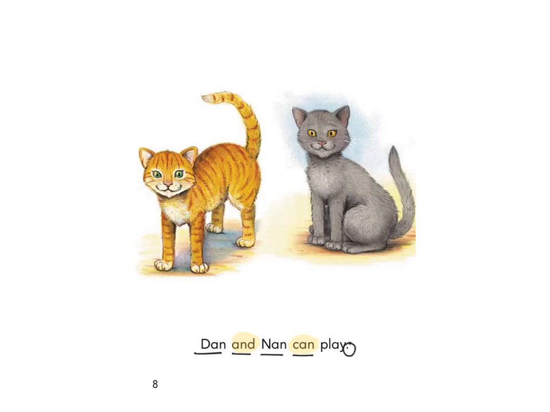Also, oh, wait a minute. Who are the characters in this story? The cats, and their names are Dan and Nan. What do you think is the setting of this story? Probably their house. I would think, yeah, usually there's not just a rug or a blanket sitting out in the wild. Okay, and these cats have names. Do wild cats have names? No, not usually. Only pet cats. And was there a problem in this story? Nope, there wasn't a problem. They didn't have to solve it. And is this a fiction story or a non-fiction story? Ooh, it's real? Someone took photographs of these cats? No, it's a fiction